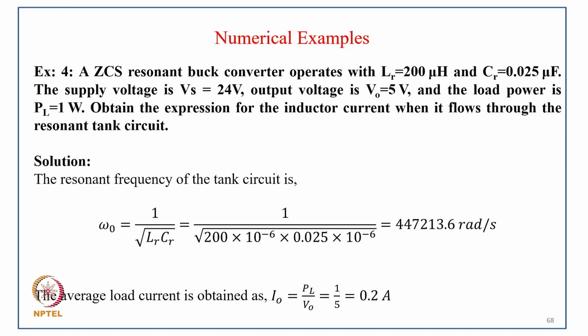Coming to example 4: a zero current switching resonant buck converter operates with LR equal to 200 microhenry and CR equal to 0.025 microfarad. The supply voltage Vs equal to 24 volt, output voltage V0 equal to 5 volt, and the load power is PL equal to 1 watt. Obtain the expression for the inductor current when it flows through the resonant tank. The resonant frequency of the tank circuit is omega 0 equal to 1 upon under root LR CR. Putting value, it comes